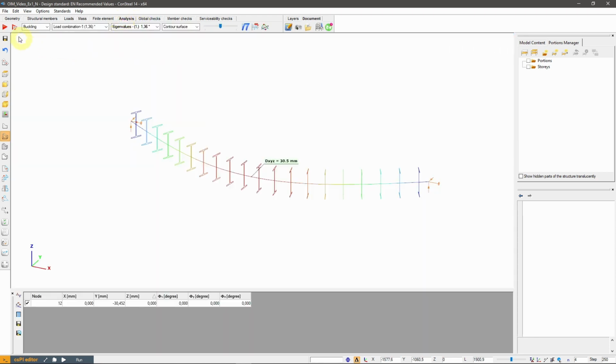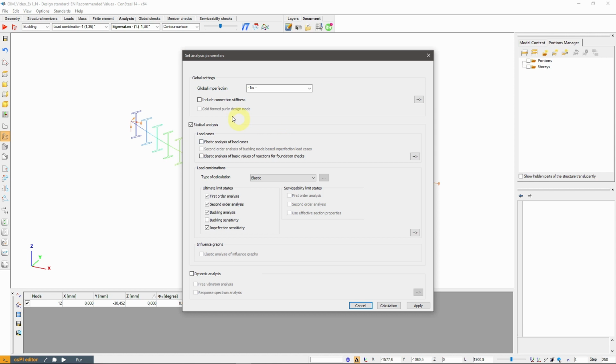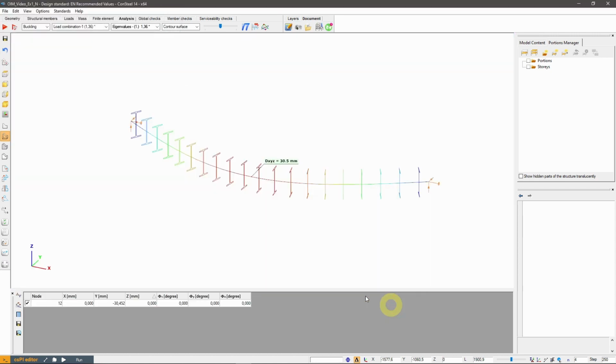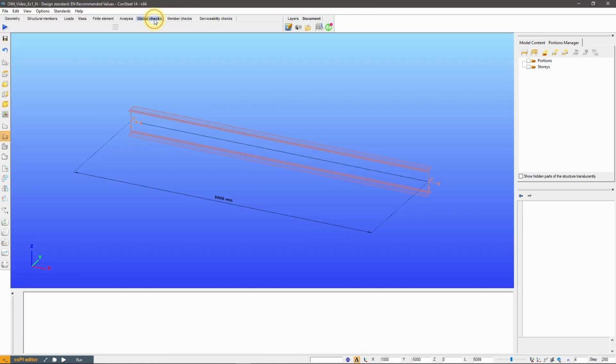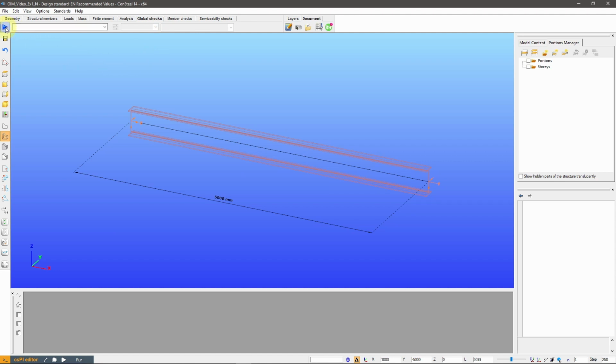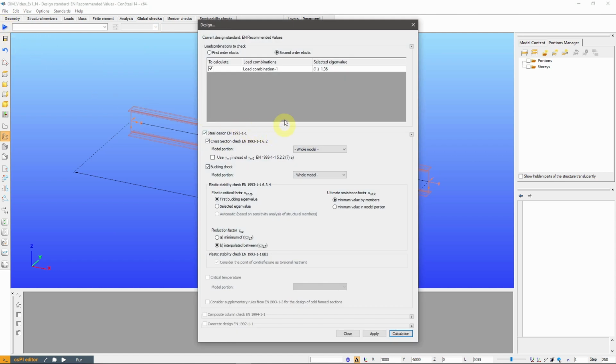Let's run another analysis, but this time with the added imperfection. Then run a cross-section check based on the second-order analysis results.